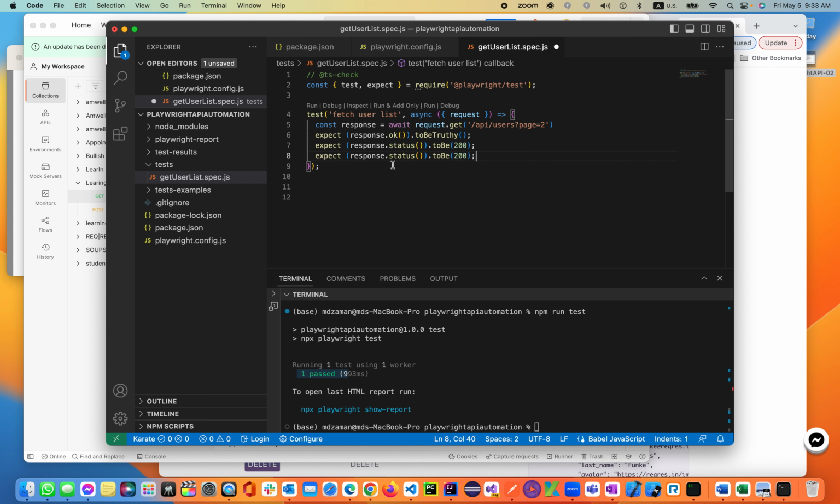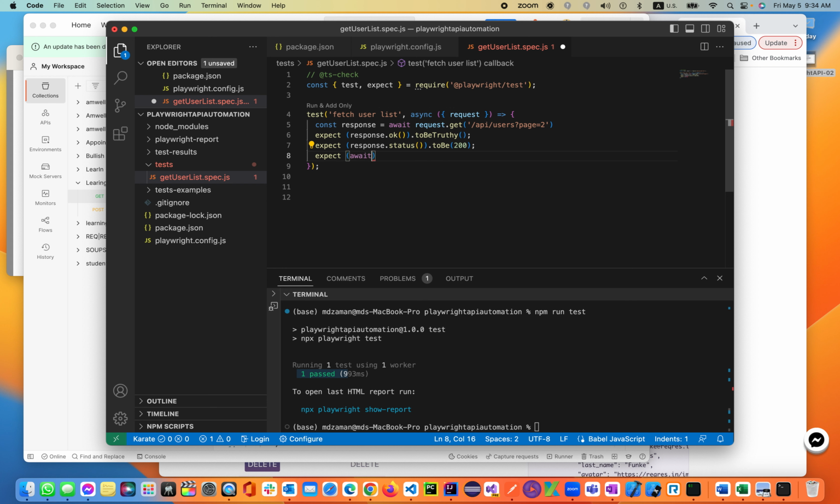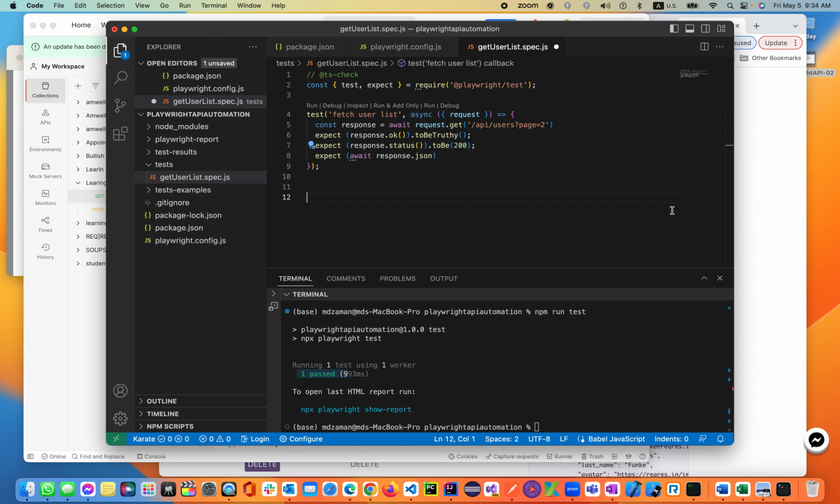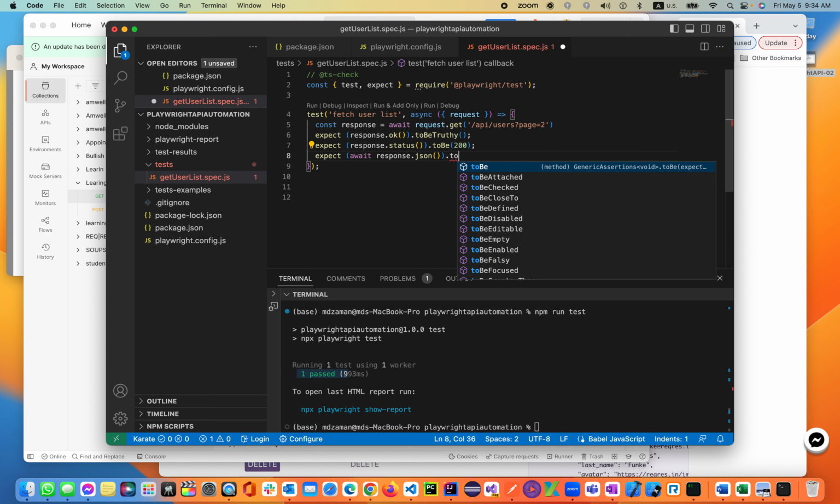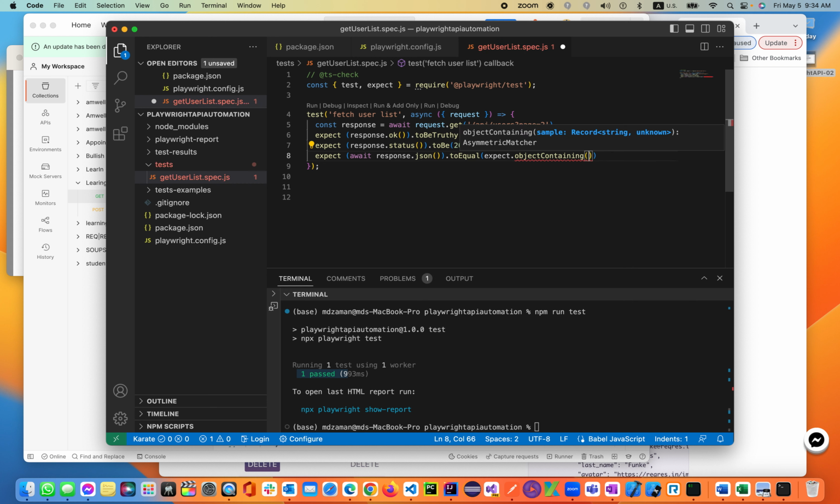So expect response. We'll be using something a little bit different here: expect await. This is the asynchronous function from JavaScript. Await response.json. Our response is in JSON format, as you see, starting with a curly brace and ending with a curly brace. Response.json is a function. Then toEqual, so we're making an assertion with toEqual, expect